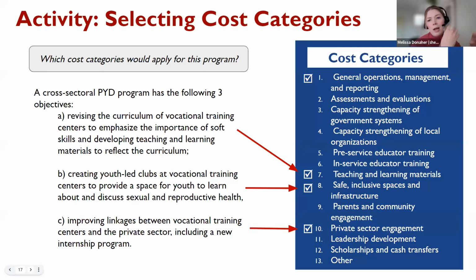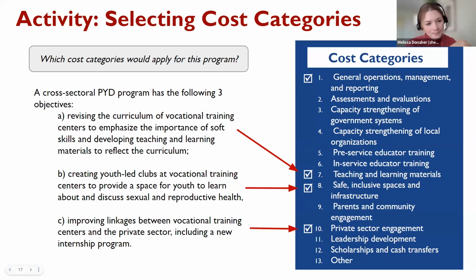So it really requires thinking through a lot of these questions around why we are doing a particular activity. This isn't to say that these are the only right answers here. You would really want to dive in a little bit deeper and think through the why behind all of your approaches. But hopefully this was a helpful exercise in thinking through how you would select cost categories. And again, that link that I shared has a lot more detailed guidance, and myself and my colleagues are always also available to help you think through